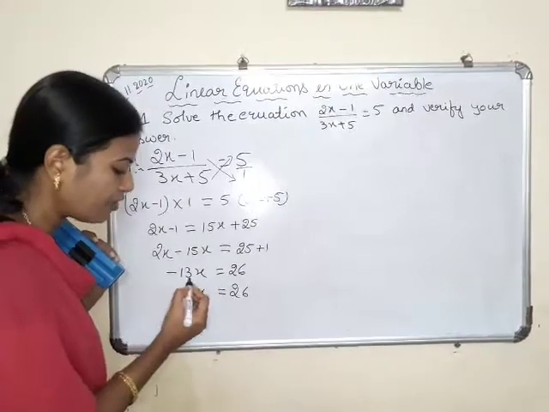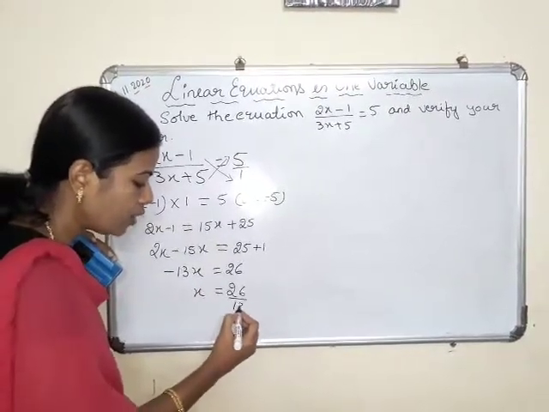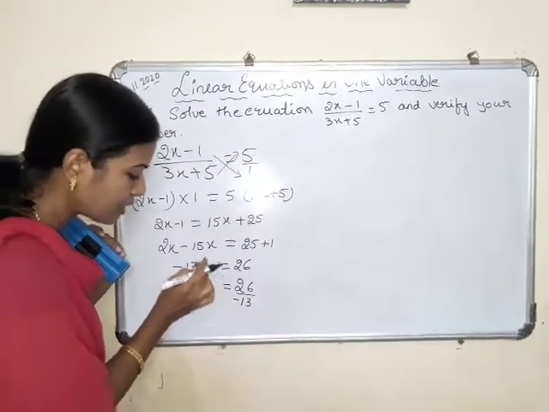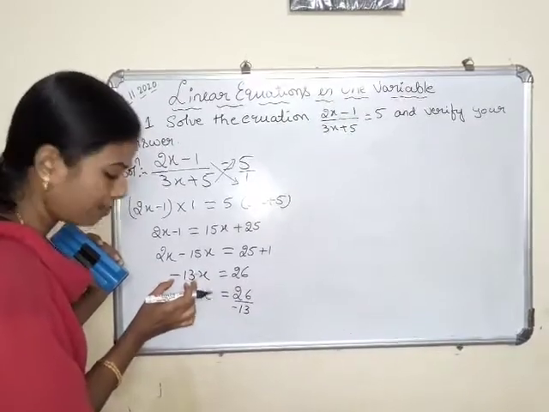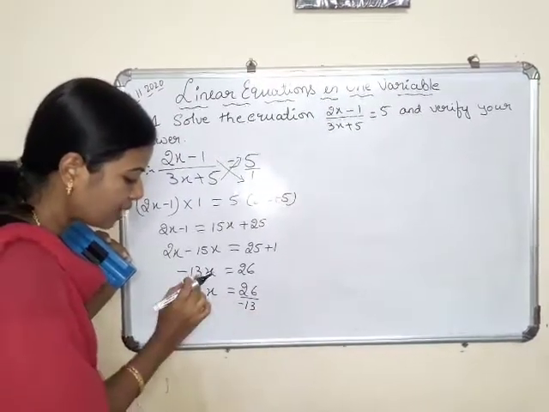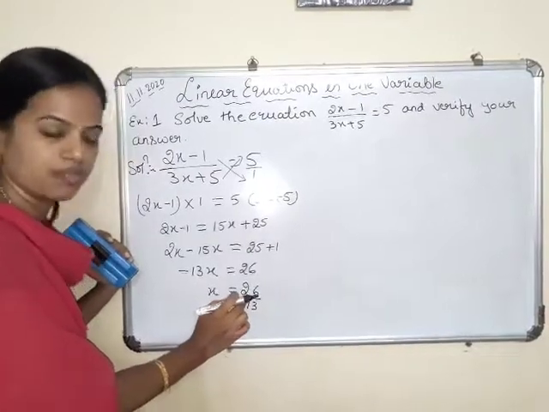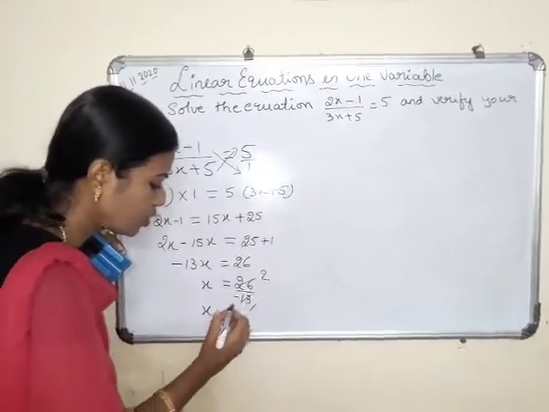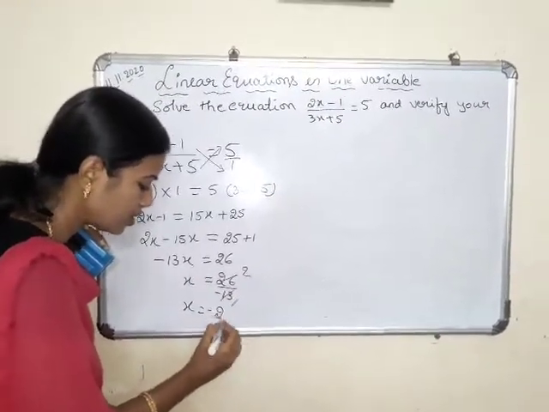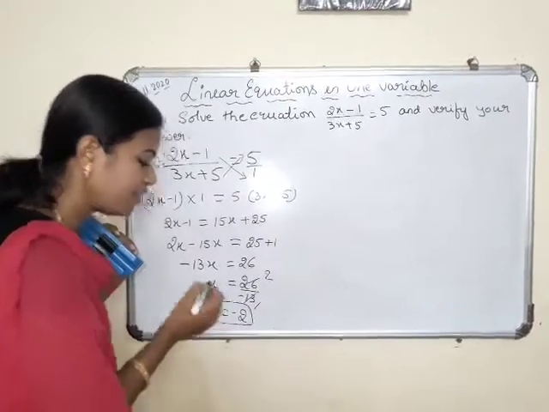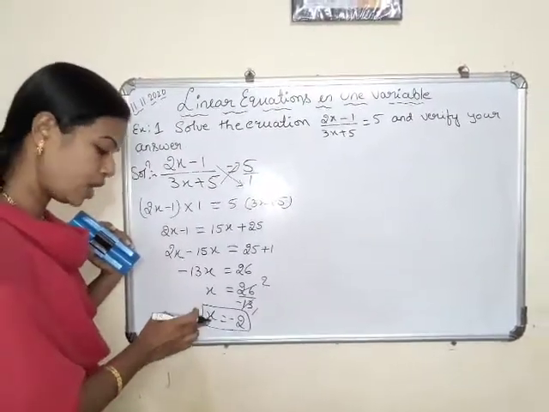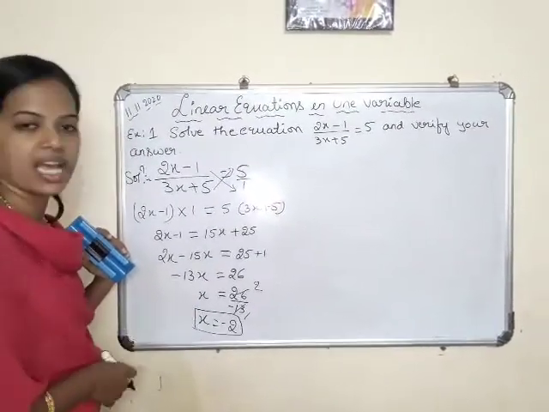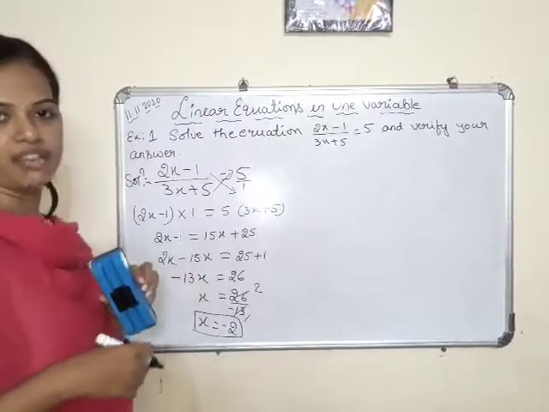It is multiplied here. When you take it to the RHS part, it is going to divide. Minus sign as it is, because the complete x variable is multiplied with minus 13. Minus 13 as it is, because multiplication only changes into division. The next step, 13 ones are 13, 13 twos are 26, x is equals to plus into minus, you will get minus 2. In the previous method we followed, we got the x value the same, minus 2. In the cross multiplication method also we got the x value minus 2. Same as it is. Verification we have to do.